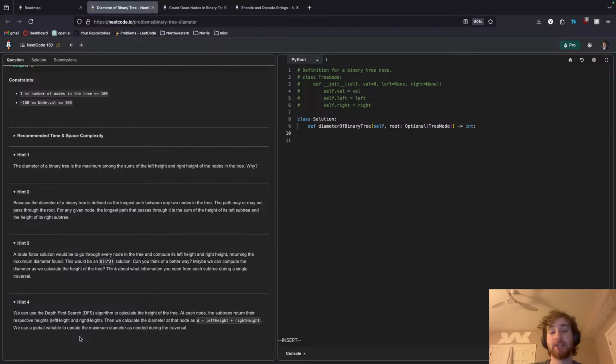Okay, so the only thing I was right about in this whole problem is that you should have a self.max diameter. I still don't really understand this. We can use the DFS algorithm to calculate the height of the tree. At each node, the subtrees return their respective heights. So it's just like,